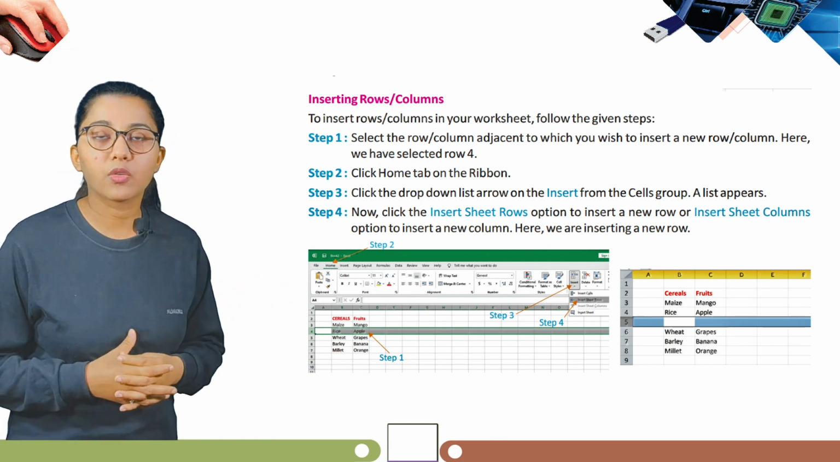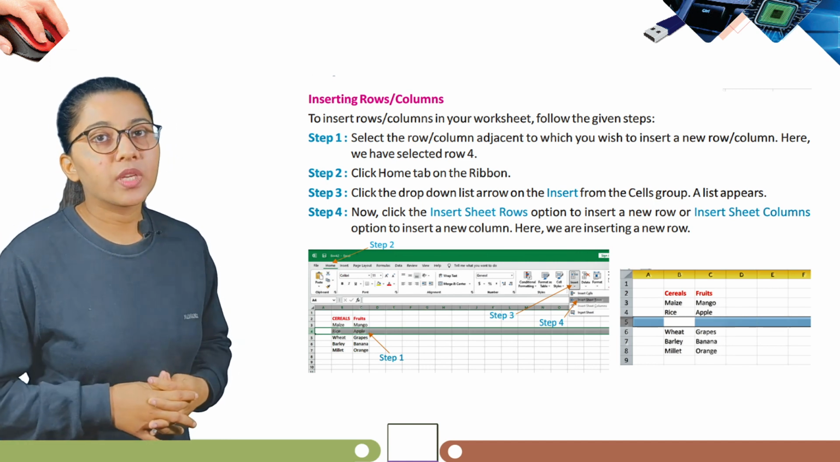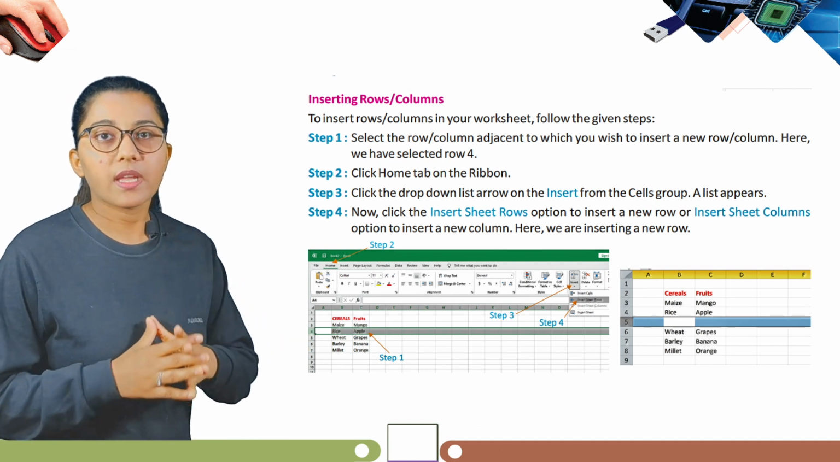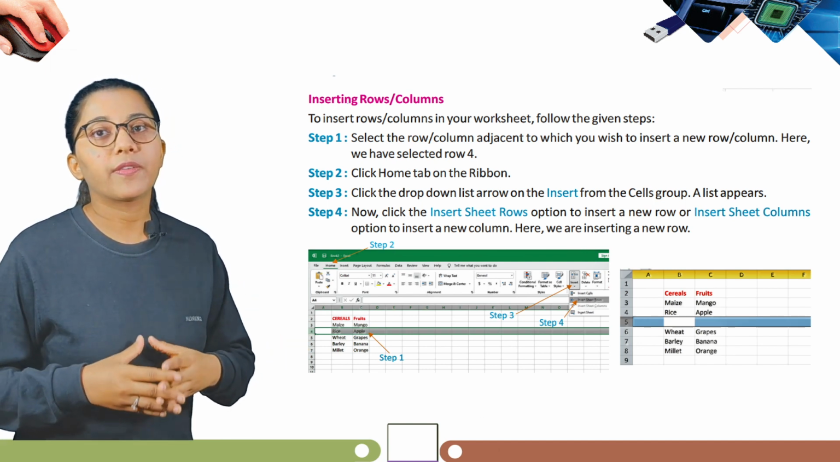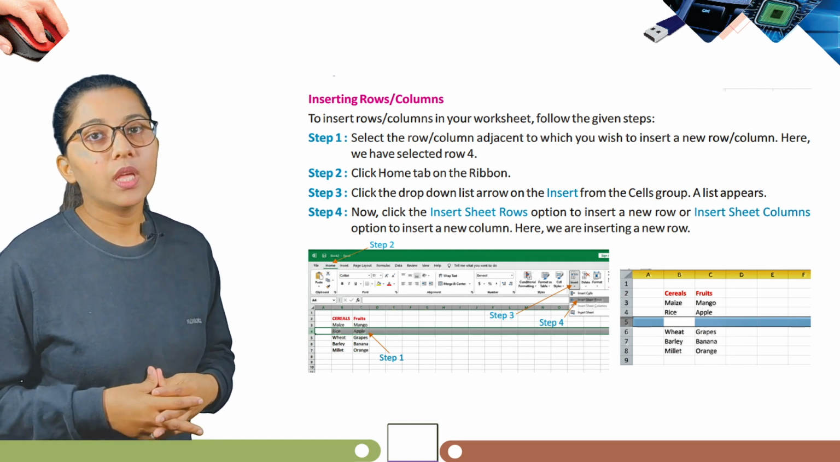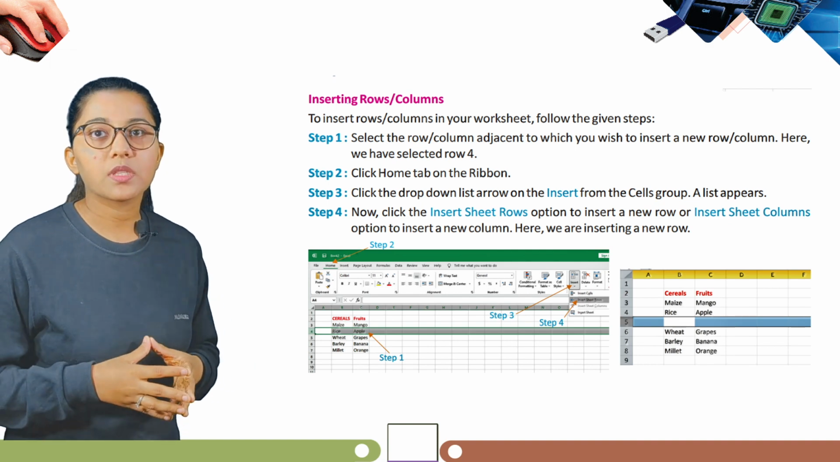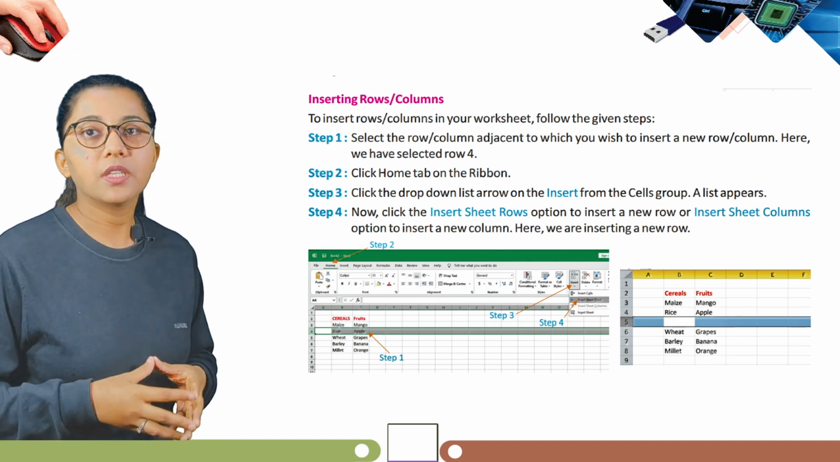We have selected row 4. Step 2, click the Home tab on the ribbon. Step 3, click the drop-down list arrow on Insert from the Cells group. A list appears. Step 4, now click the Insert Sheet Rows option to insert a new row, or